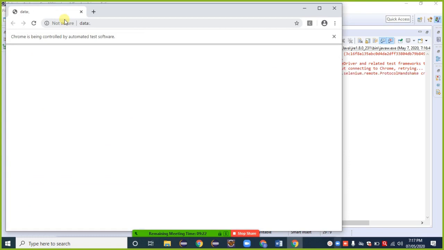Opening browser, maximize window, opening URL.